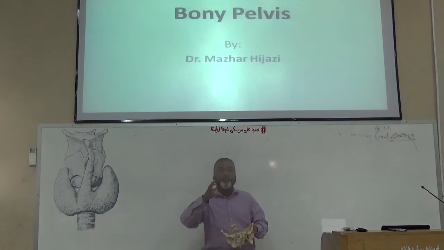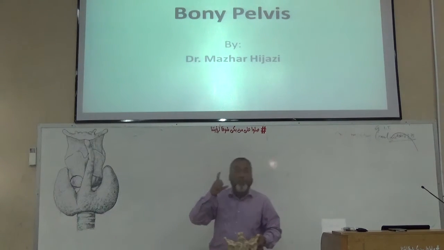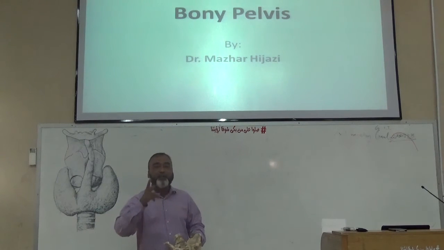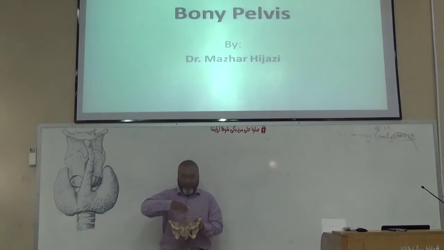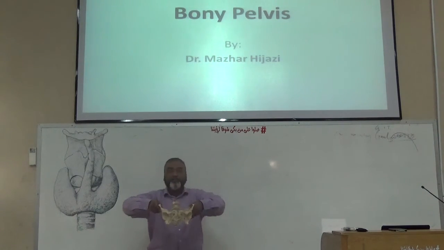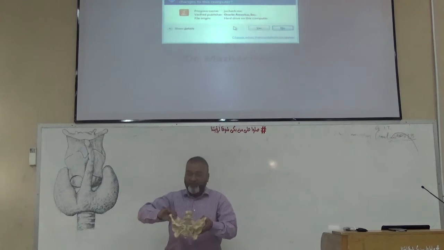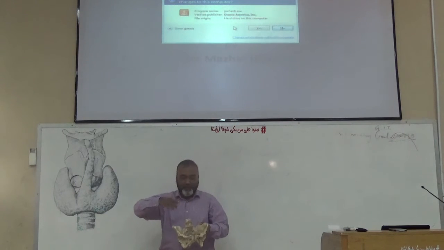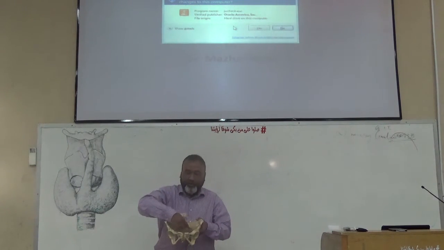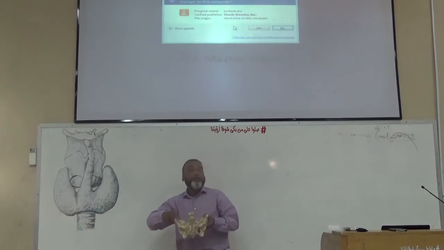Now there are 2 terms used. One is the abdominopelvic cavity or false pelvis, and the second is the true pelvis. As I told you before, this part comprises 2 hip bones, 1 sacrum and 1 coccyx. Now for the differentiation between the true and the false pelvis, there is a ridge which is named, you have done the lower limb bones, the hip bone, the pelvic brim.